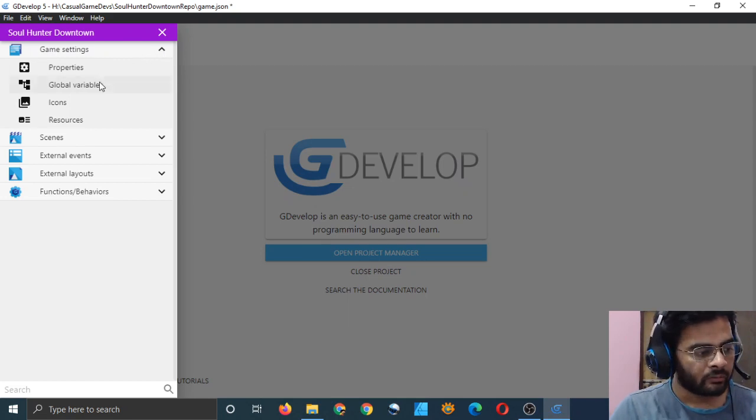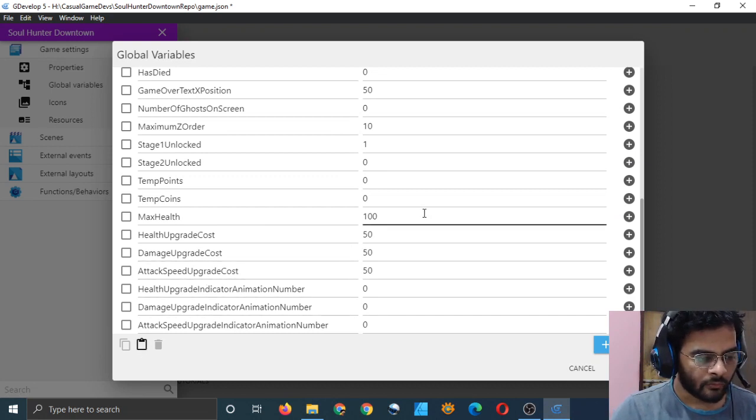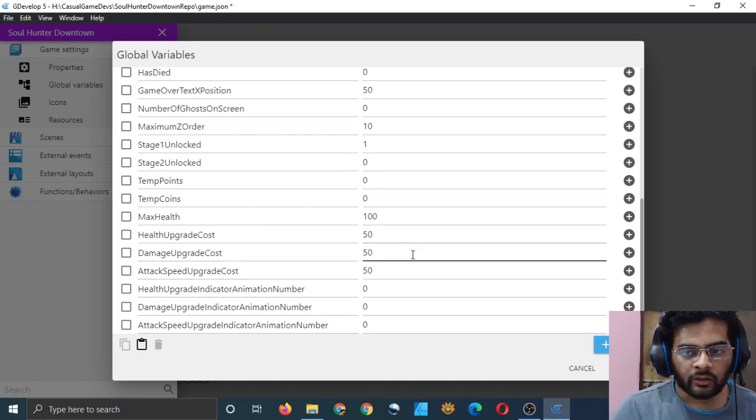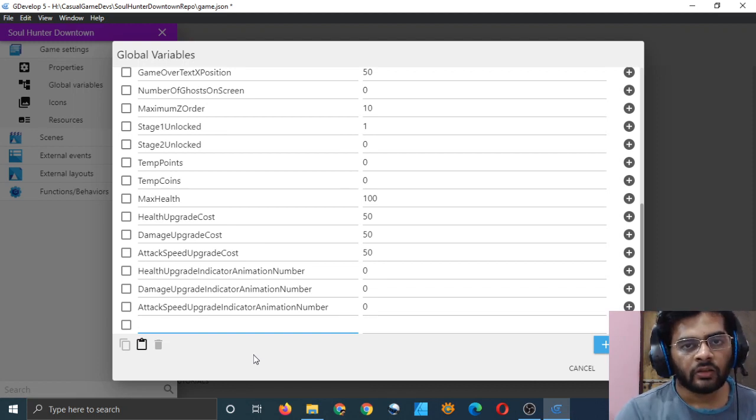I think we need to add one more variable, and that is no, a few more variables actually. Let me add them because I also have to add them in the data loader. So these variables will be useful for networking purposes. We will be storing the player data on some server and letting them make an account, letting them have a username and all these things. So we will need to save that in the file also and in the server also. And of course we need global variables for that, for storing them.